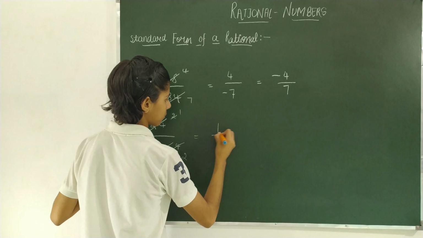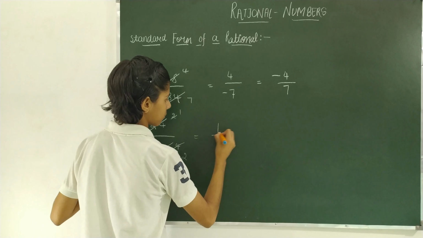4 by 5, 3 by 5, 2 by 5, 1 by 5, and this is 0 by 5. So to verify your number line, you can check the ends. Here if we cancel 5 by 5, I will get 1. So it is correct. And here also 0 by 5 means 0. It is also correct. So our number line is correct.